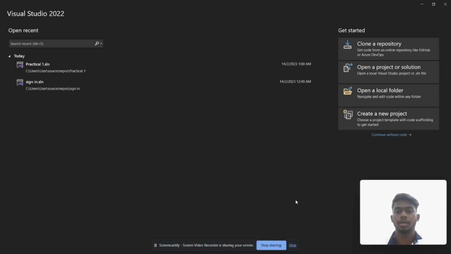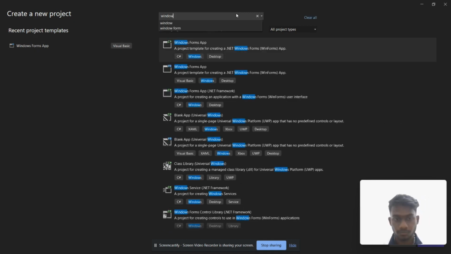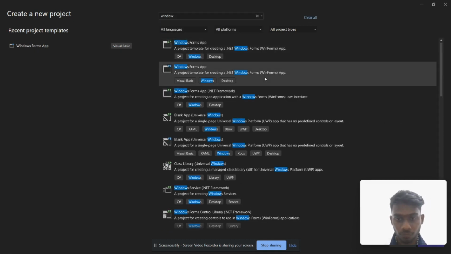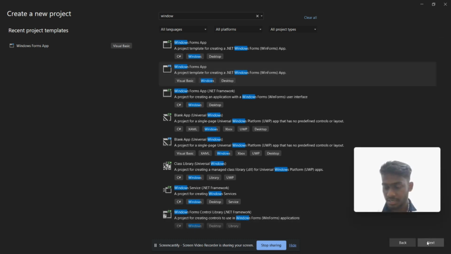Okay, now we're going to create a simple Windows application with some object controls to create a form. The first step is we have to select the create a new project option. The second step is we have to search Windows in the search box. This is the one we have to use to create a form, the Visual Basic, Windows and Desktop. And then select the next button,